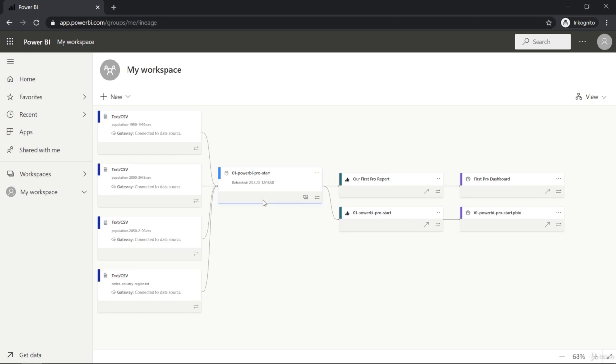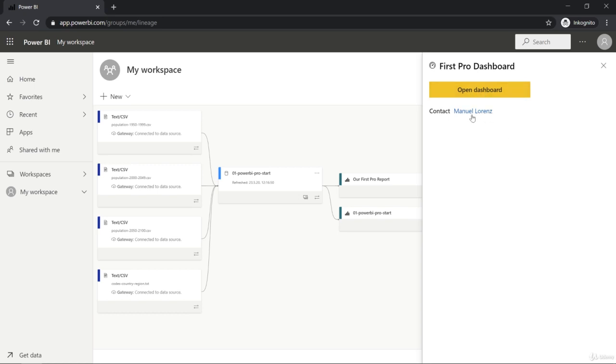You see in the middle here, we have our data set. Here we have our initial data sources, so the population files and the codes country region text file we used. Based on that, we created our data set. Based on this data set, we created our Power BI Pro starting project and the corresponding dashboard. And we also created our Pro report and the Pro dashboard based on the data set. This is a really great addition to Power BI Pro, I think, as it quickly allows you to show such structures here. And if you select one of these boxes, for example, a dashboard box, you see the context basically,